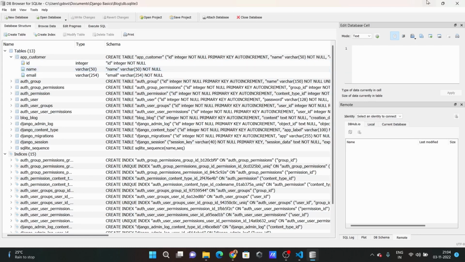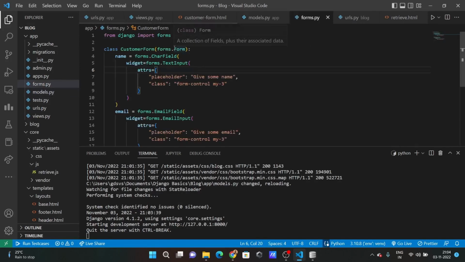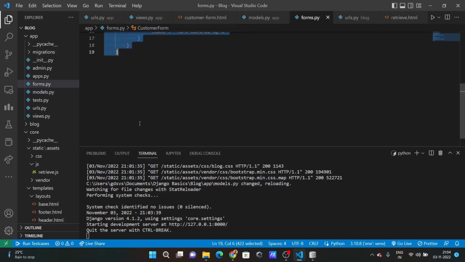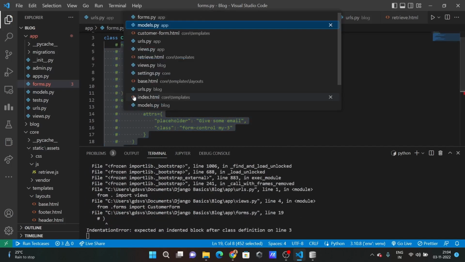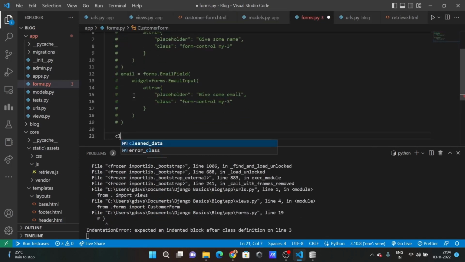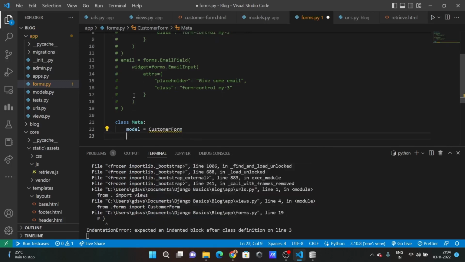So we created a model, and let's use the model inside form. So go to forms.py file, and now you don't have to use all of these things. If you want to take advantage of the models you already have, you can just call class Meta and pass model is equal to customer form, and then